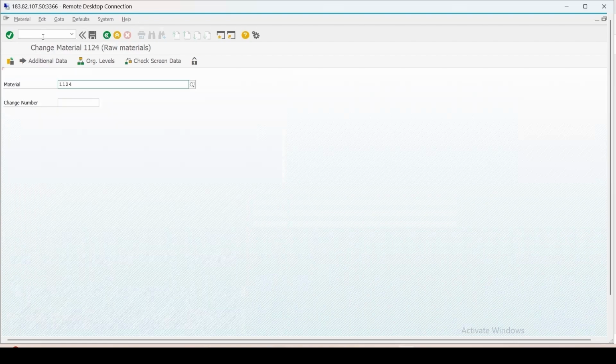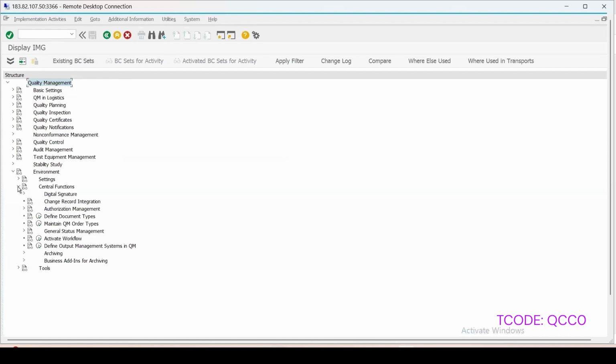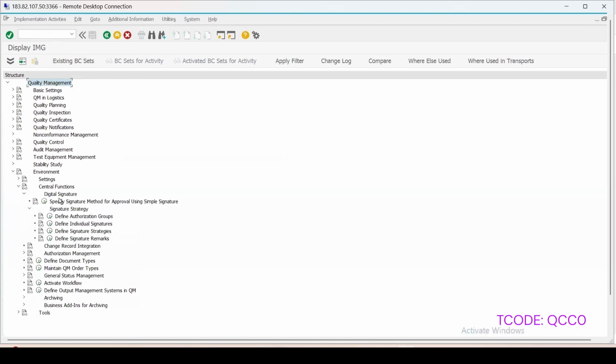And now to go to the configuration, we can use QCC0, enter, and in the environment, central functions, you will find this digital signature configuration.